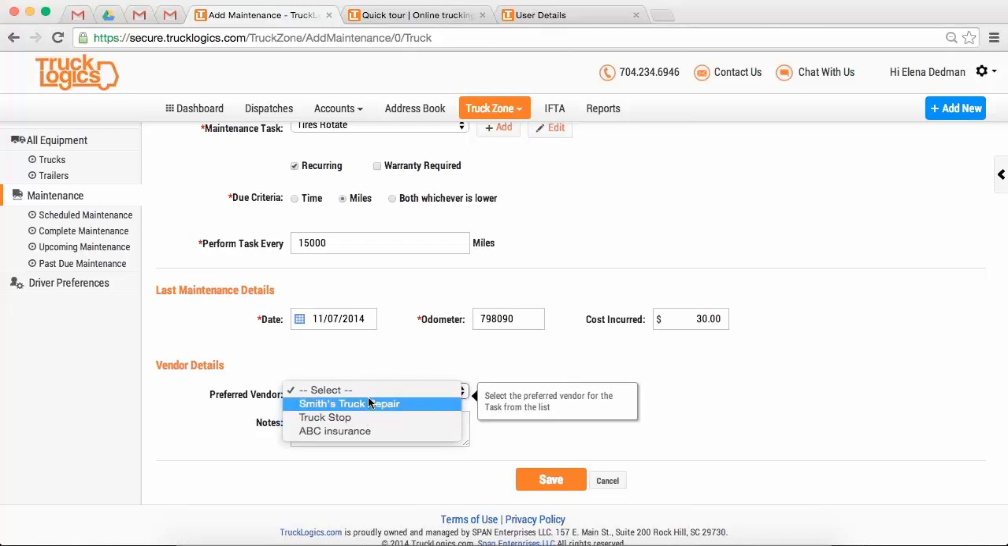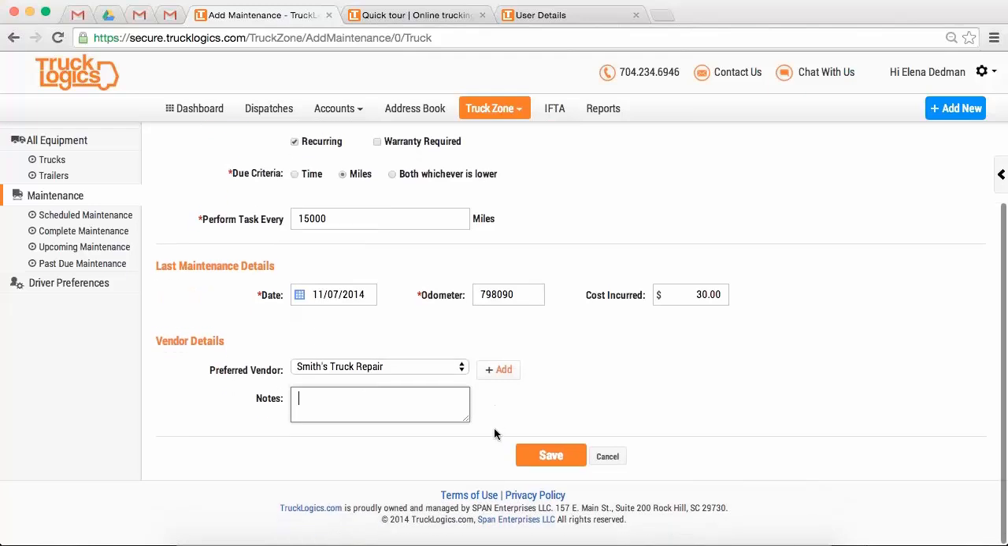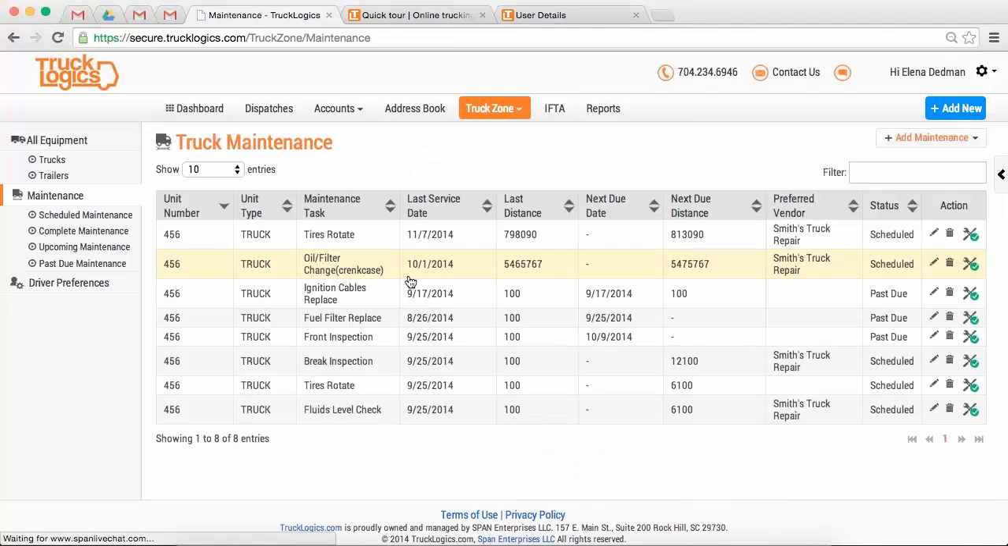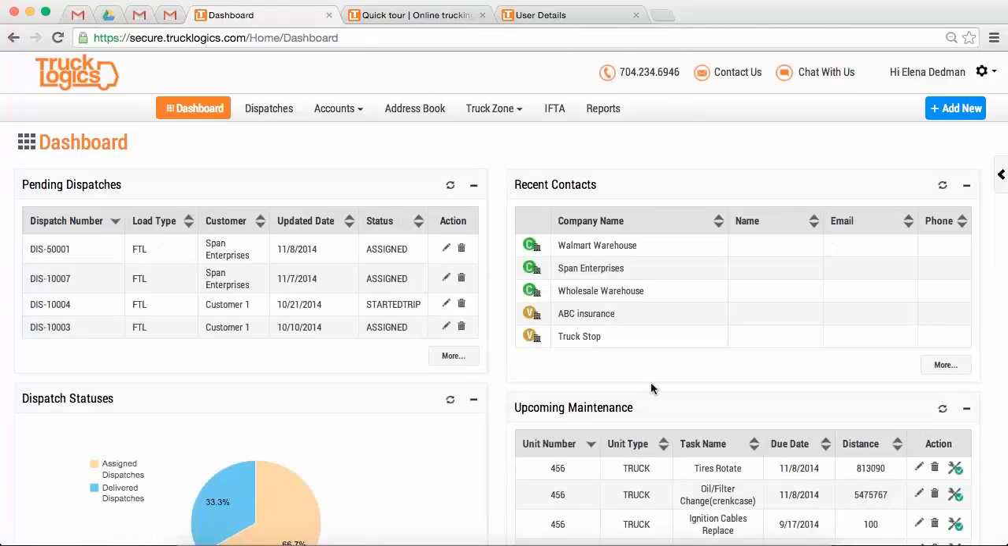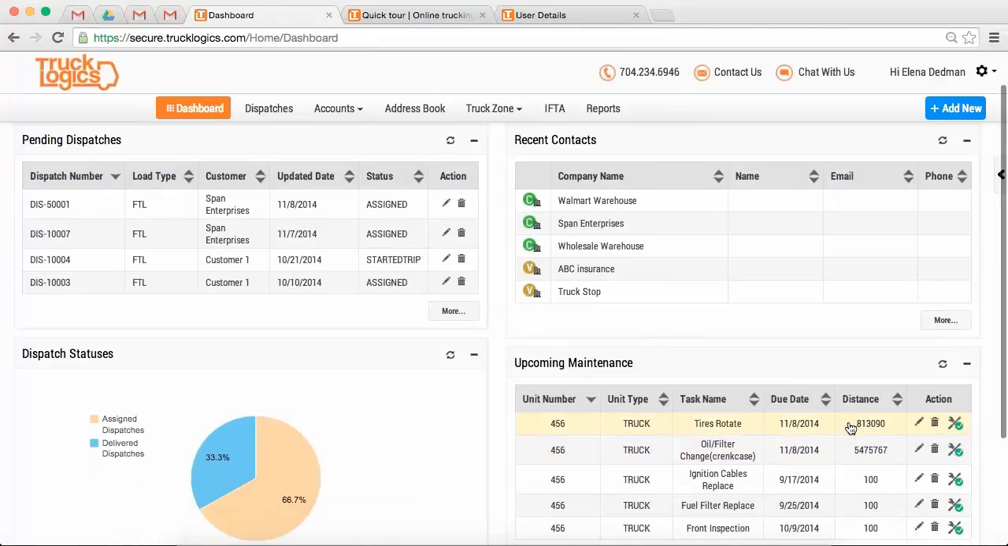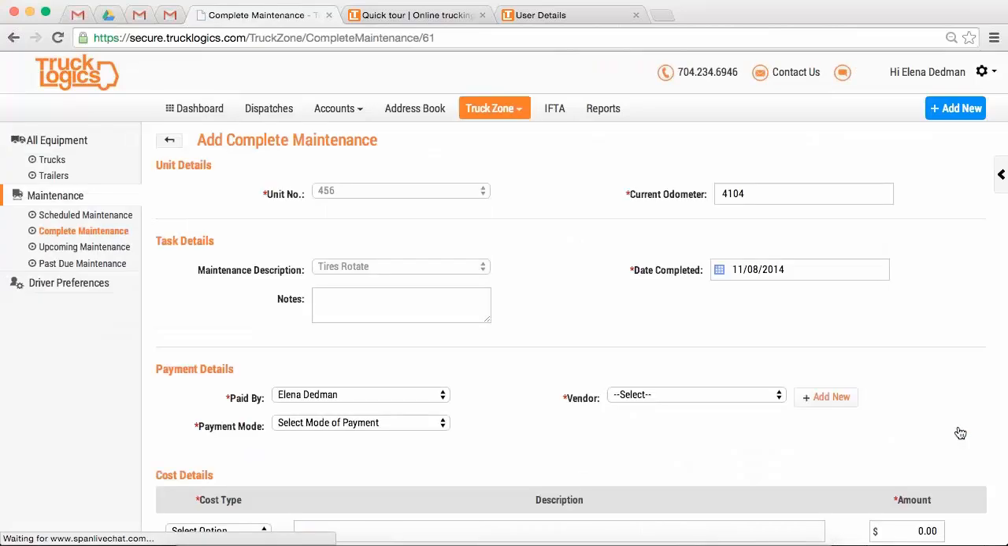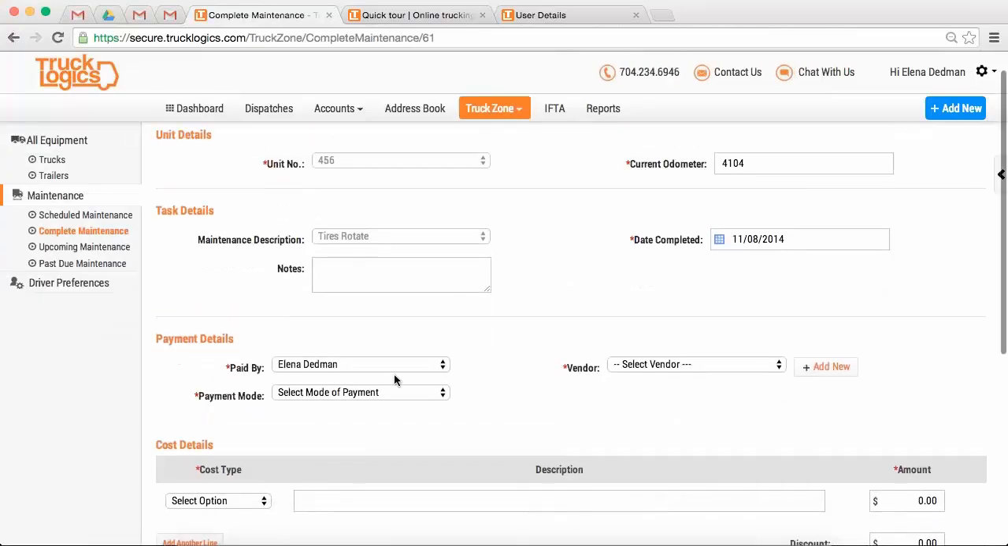And where you did it. So it was Smith's Trucks Repair. You can add notes and save it. So next time, let's say 2 months down the road, the tire rotation will actually come up on your dashboard, and you can know exactly, okay, my truck maintenance is due, my tire rotation is due, I better go ahead and do it. And when you did it, you can actually click on complete task and input any details,